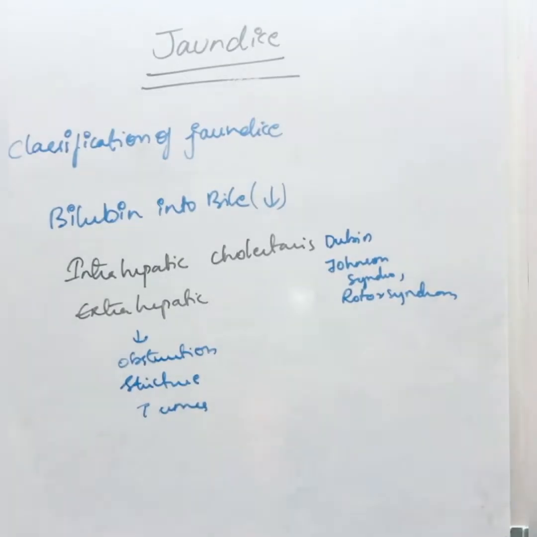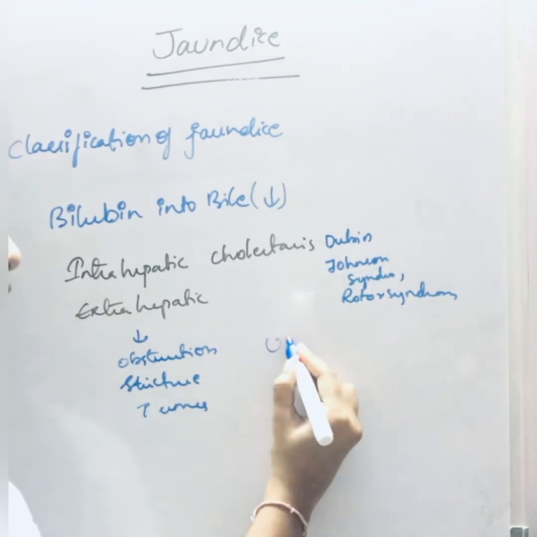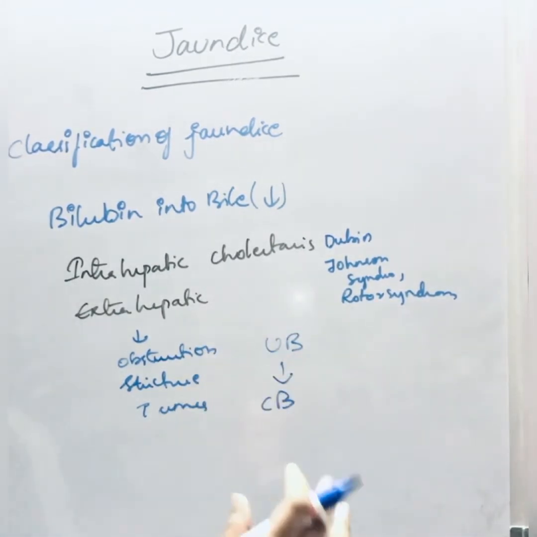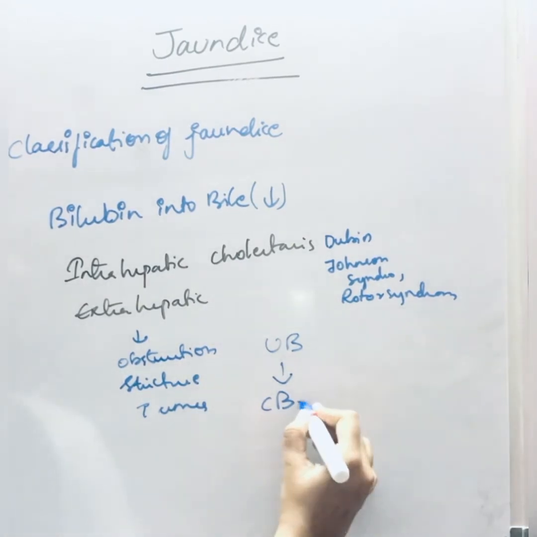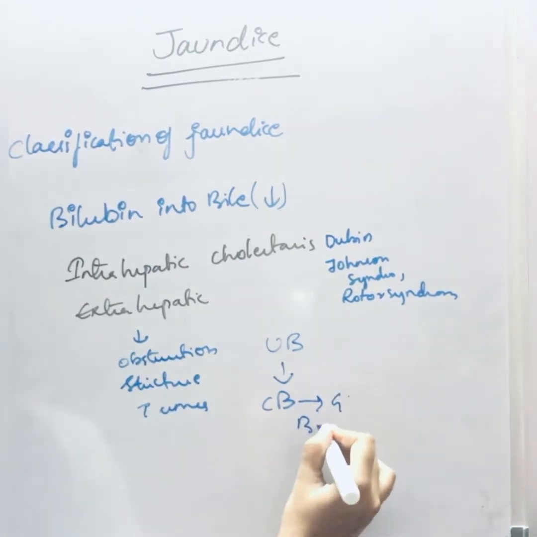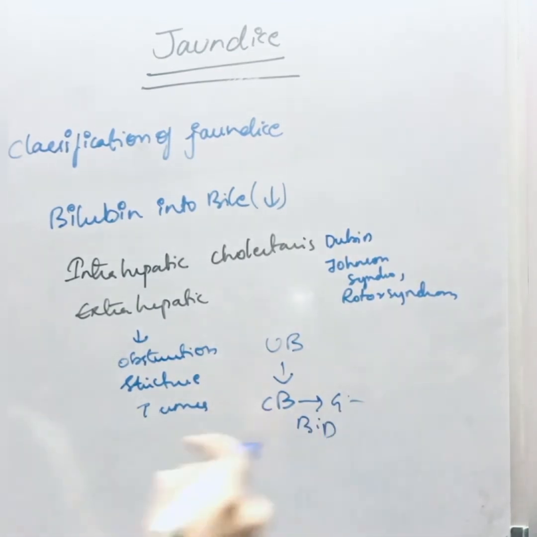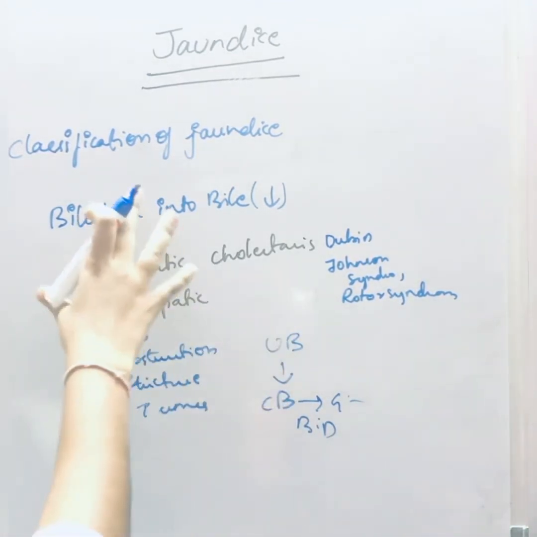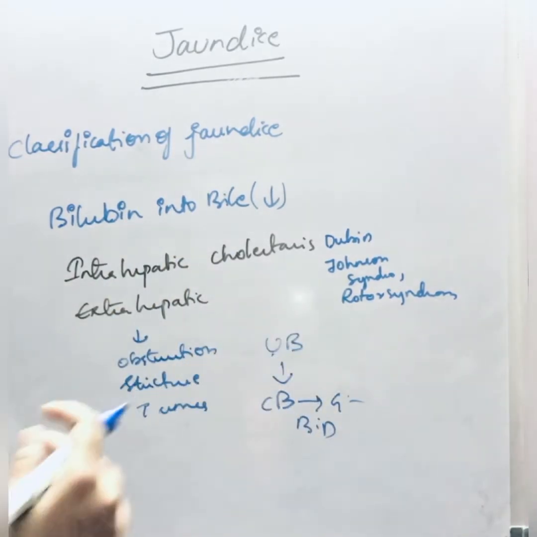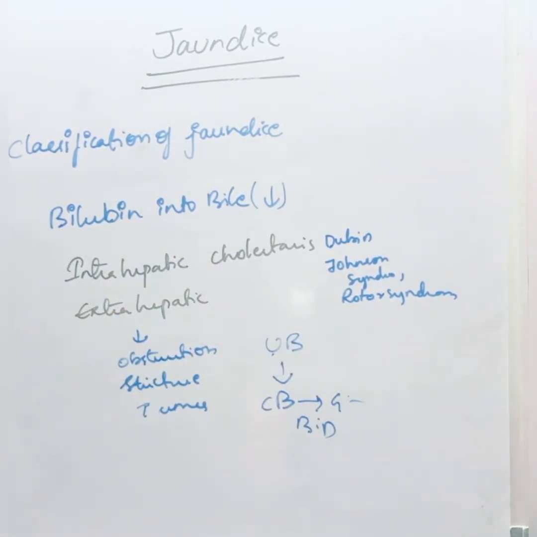And the final one is the bilirubin into the bile is reduced. That is when unconjugated form of bilirubin is converted into the conjugated form. This conjugated form is going to transfer into the gallbladder, right, through the bile duct. Then it is going to be excreted out. Here in this stage the unconjugated bilirubin is converted into conjugated form, but it is not secreted out through the liver into the gallbladder, or there are some reasons that might be intrahepatic or extrahepatic.